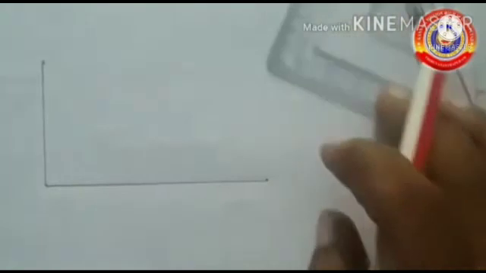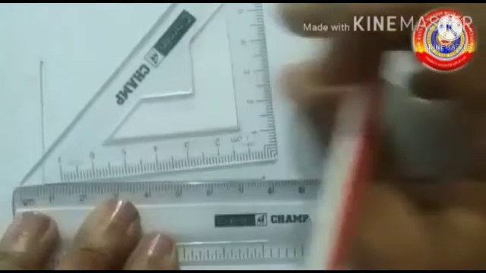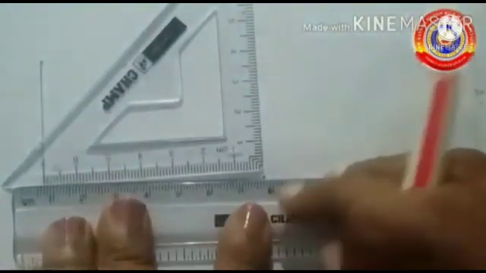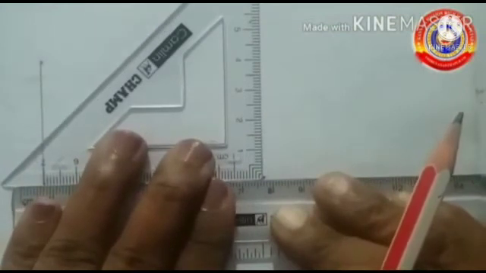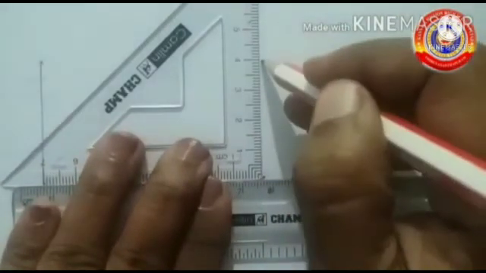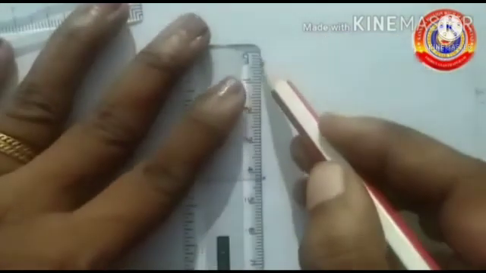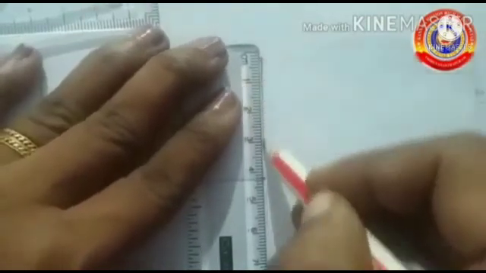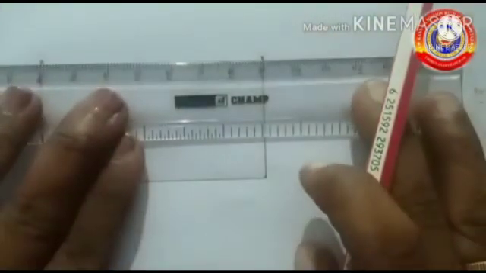After drawing the line, again hold the ruler on the line, then place the set square over the ruler. Mark a point 4 cm upright from the right endpoint of the line. Then draw a line to join these two points. After that, draw a line to join the top ends of these two lines. Look, we get a quadrilateral.